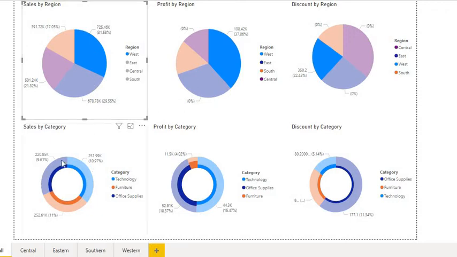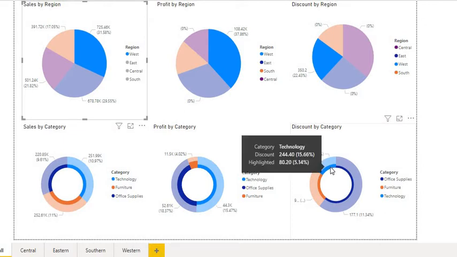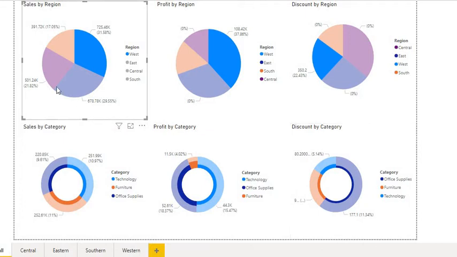So let's have a look for the Western region. You will see in Western region sales are same in all three categories. There is high profit from furnitures in Western region. They are doing quite well. So office supply, technology items, they are also good. And when it comes to discount, it is not that there is high discount in furnitures. Discounts are also same. There is a high discount in technology to note. So in Western region, furniture items are doing quite well.